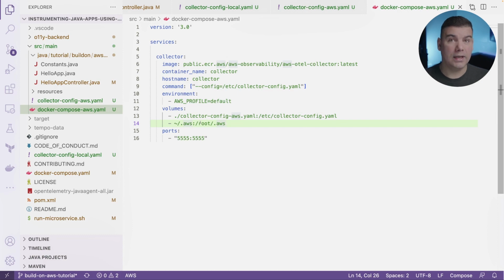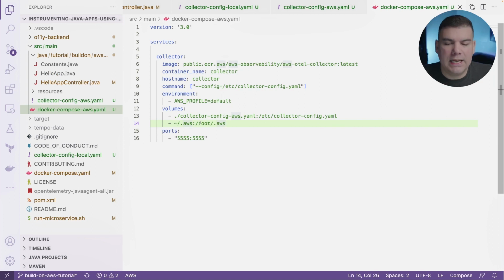So why is this important? The Docker container is going to produce data to AWS. In order for this to happen, it needs to act as a consumer of the AWS endpoints. Therefore, it needs to have access to the AWS credentials that are going to allow that. Otherwise, the collector won't work because it won't have the means to actually invoke all the endpoints from AWS.